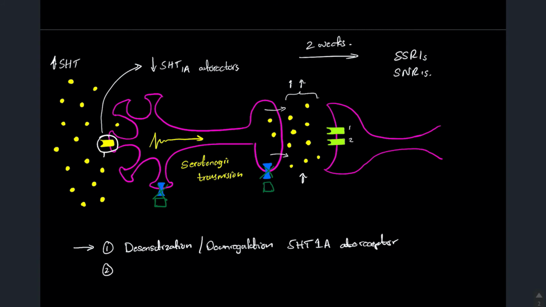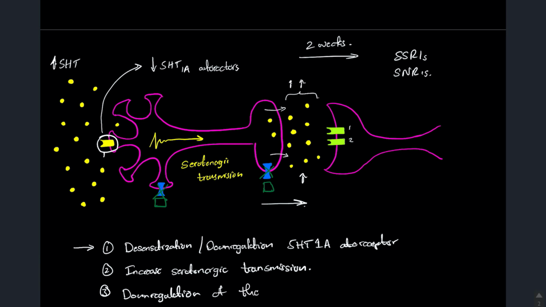Number 2, this increases serotonergic transmission, causing an increase in release of serotonin, which over a period of 2 weeks, and again this is the time in which we observe clinical response, over a period of 2 weeks there is downregulation of the postsynaptic